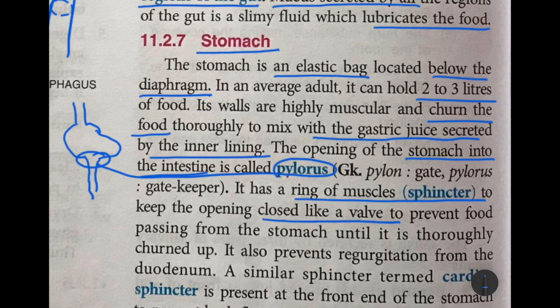from the stomach. Once the food reaches the stomach, it will remain in the stomach for 2 to 3 hours. Until then, no food will pass down into the intestine. Why? Because the sphincter muscles are closed. It also prevents regurgitation from the duodenum. The duodenum is the first part of the small intestine. Once food passes into the small intestine, there is no regurgitation, meaning it does not go back into the